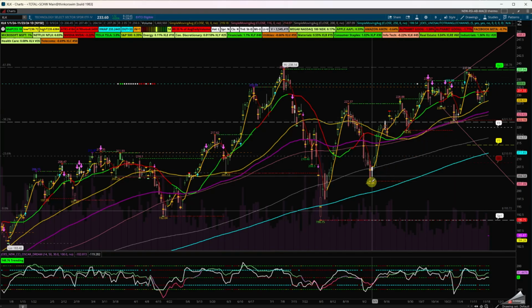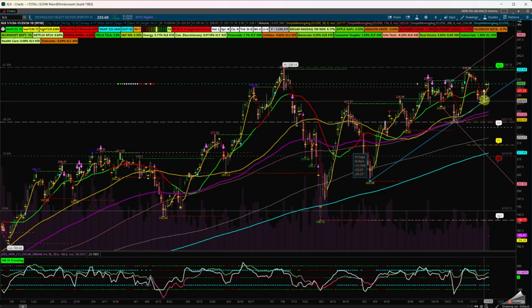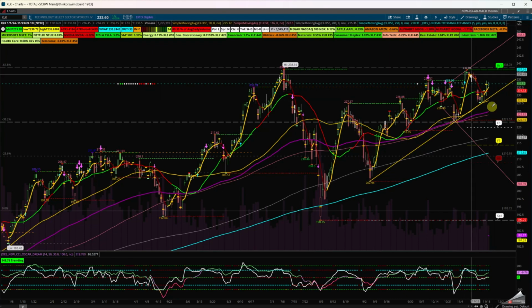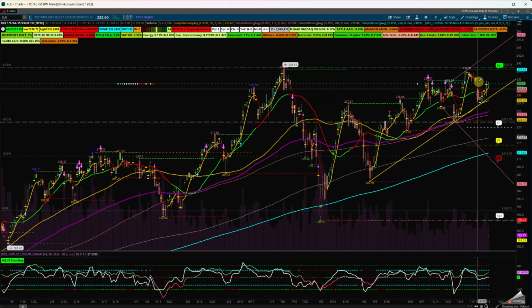And you can see here, even if I connect this point to this one, we are in an uptrend, a linear regression uptrend. But pay attention, because we had filled it. We looked a couple of times down here in the last 3 days, Monday, Tuesday, Wednesday, Thursday, we came back down and bounced back up. We're holding the 50 SMA and that linear regression. Is there going to be continuation?